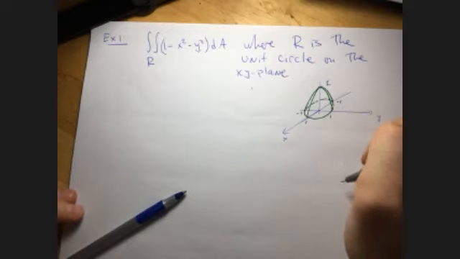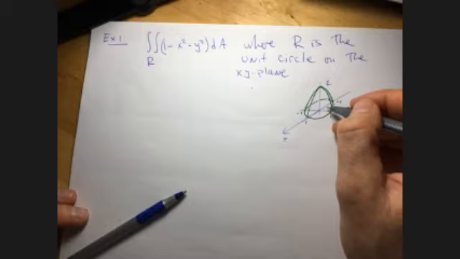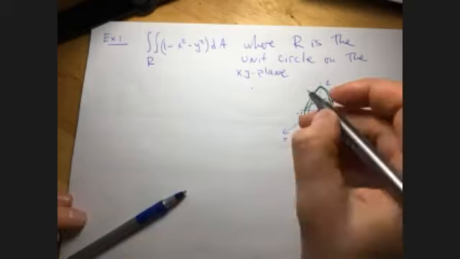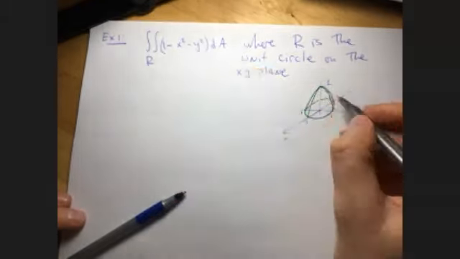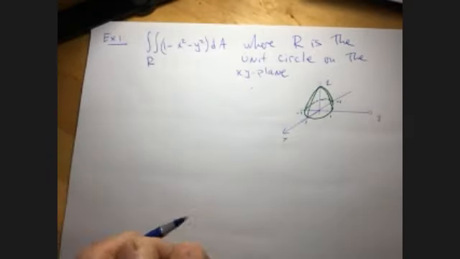Of course, this paraboloid goes down, but we're looking for above the xy plane, right? So R is the unit circle in the plane. So this integral is just going to evaluate the volume of this region here, and then in the xy plane,